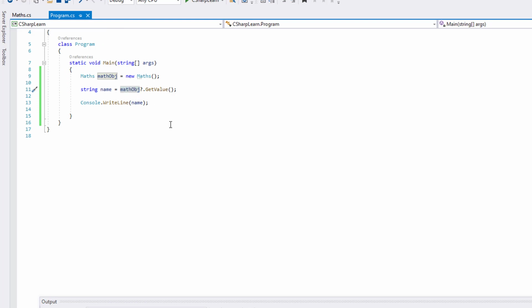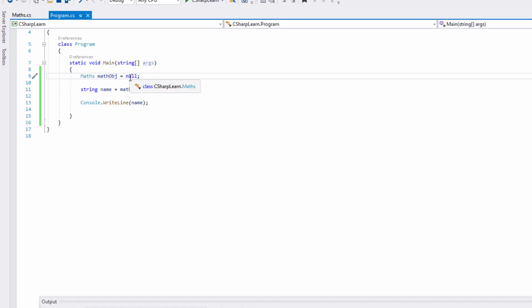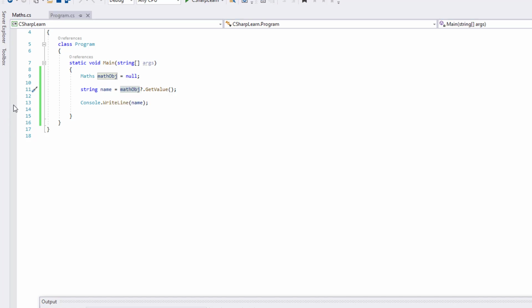Now let's say this math object is null. So in this case this is giving me null. If it is null, the benefit is that it won't call the function. If it won't call the function, name will be null as it is. So let me show you via debugging.